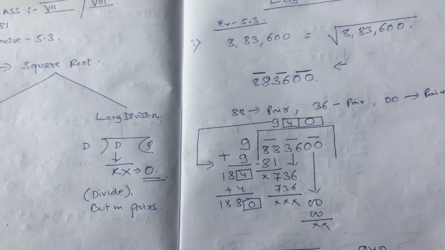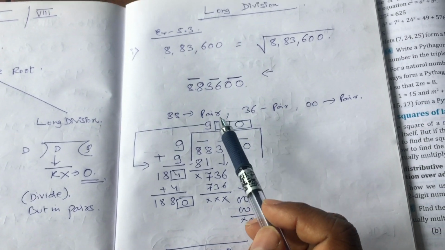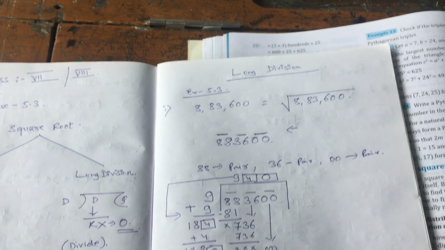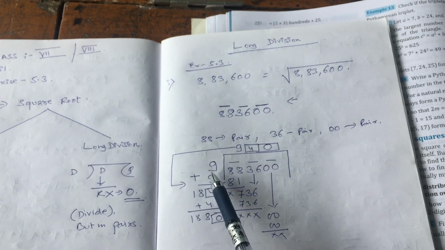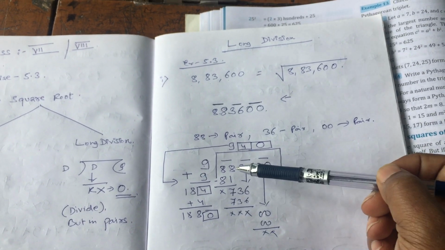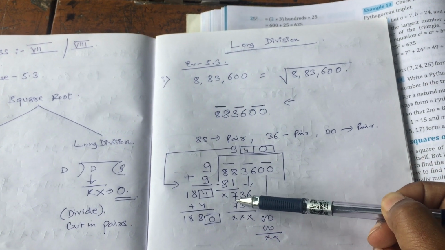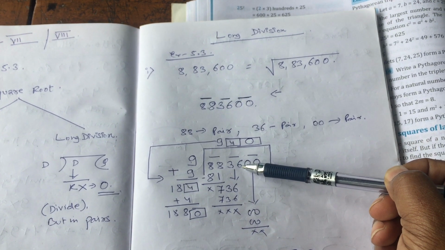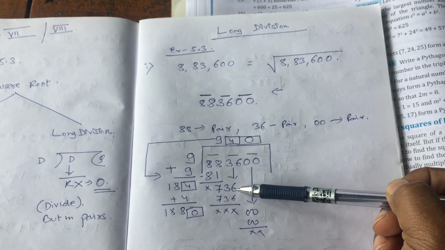Now if you again see this out here, the same thing has been followed here. These two are pair, these two are pair, and these are pair. For 88, I have taken a 9 here. So 9 9s becomes 81. So 88 minus 81 is 7. And 3 has to come down. But since 3 has got already in a pair with 6, so 36 comes down.